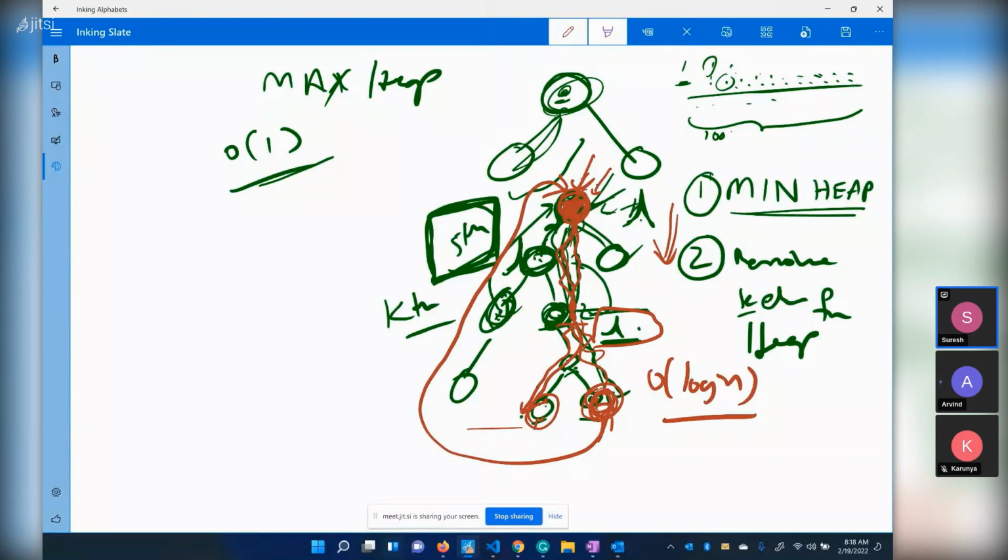Order of n when the tree is skewed. Tree skewed. Okay, tree skewed means like this, right? Yeah, yes. That's a good question. Order of... I think it's order of log n. In the worst case... no, I think